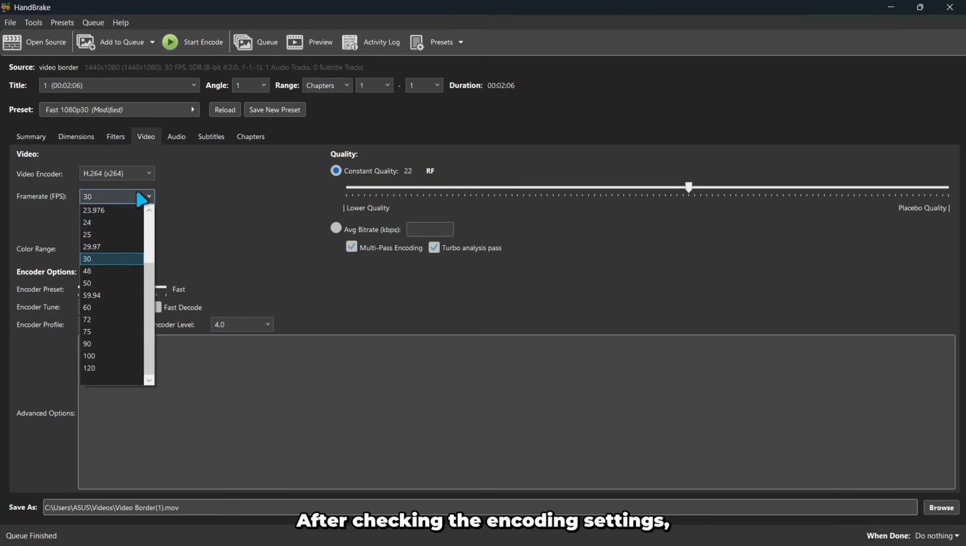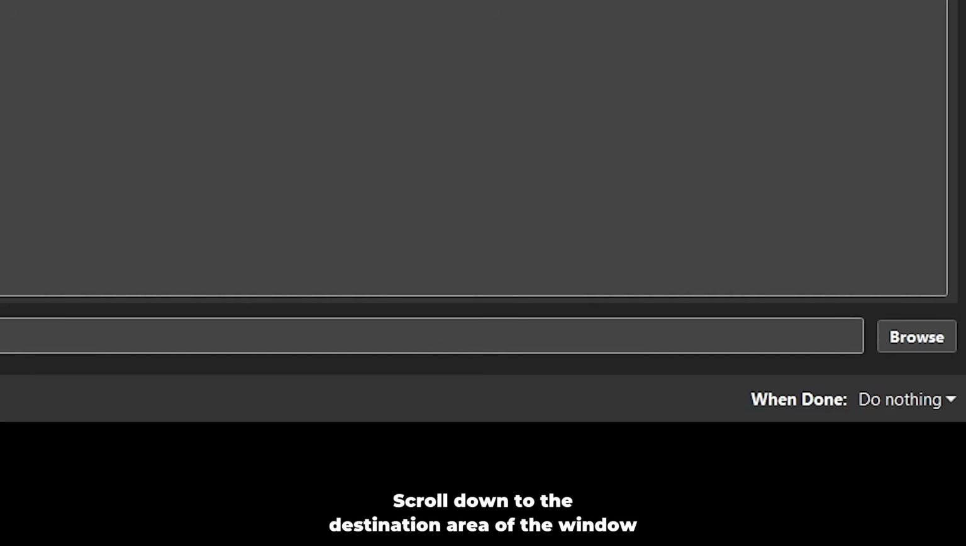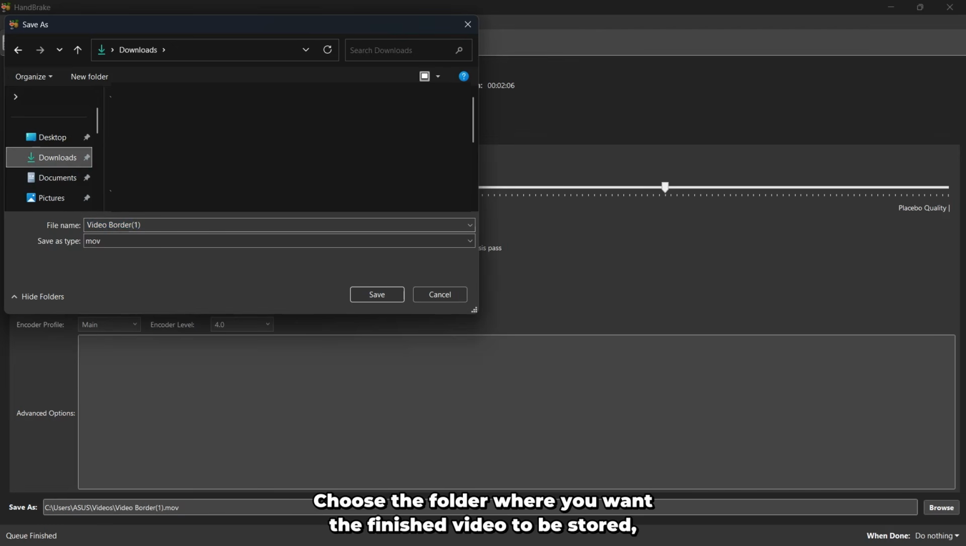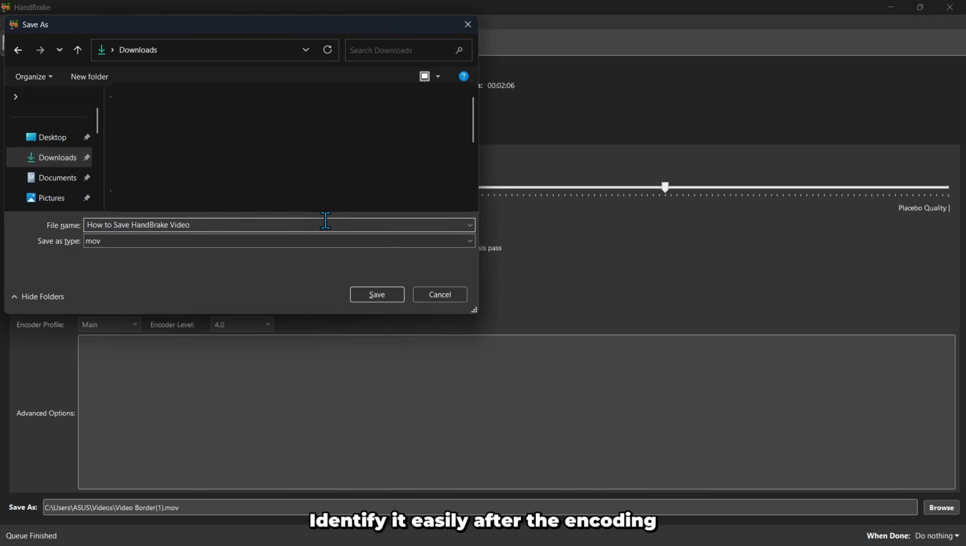After checking the encoding settings, scroll down to the destination area of the window. Click Browse to select an output location for the processed video. Choose the folder where you want the finished video to be stored, making sure you select a location that is easy to find later. Type a suitable name for the exported file so you can identify it easily after the